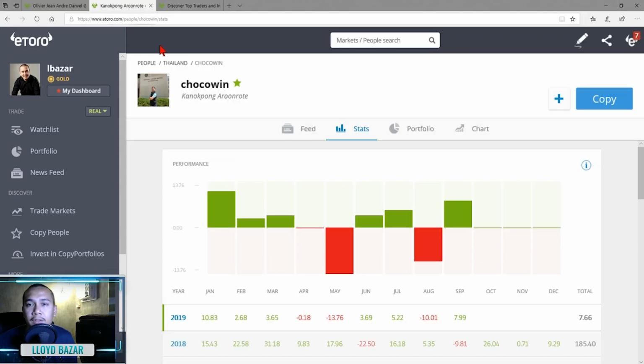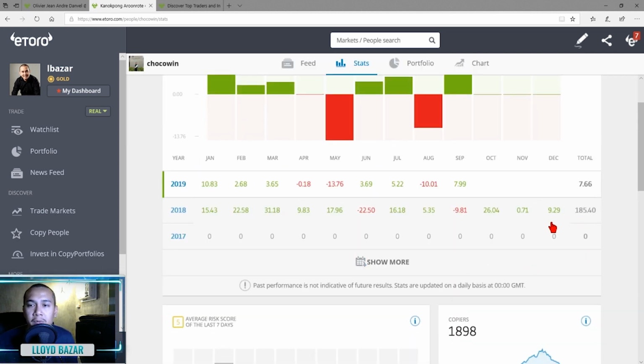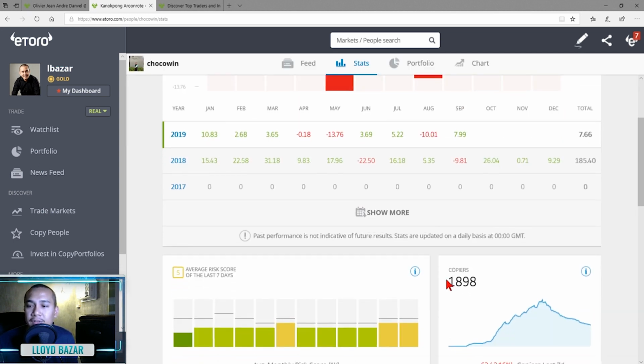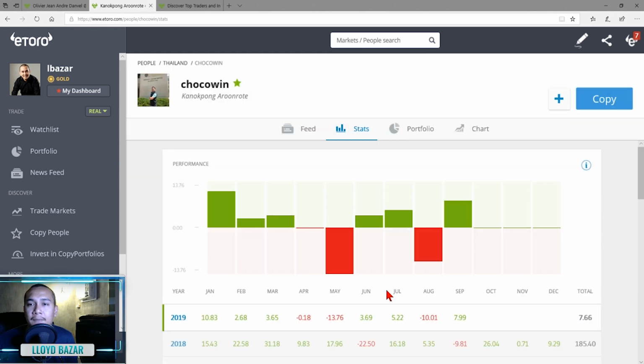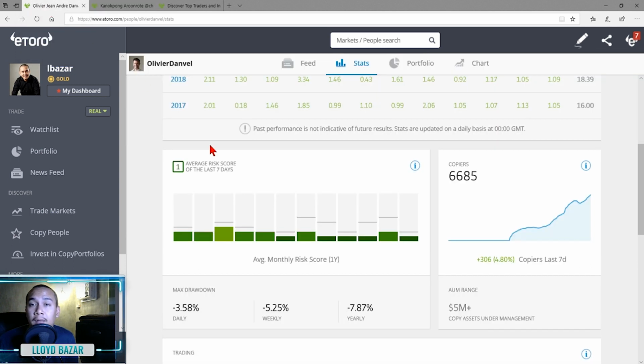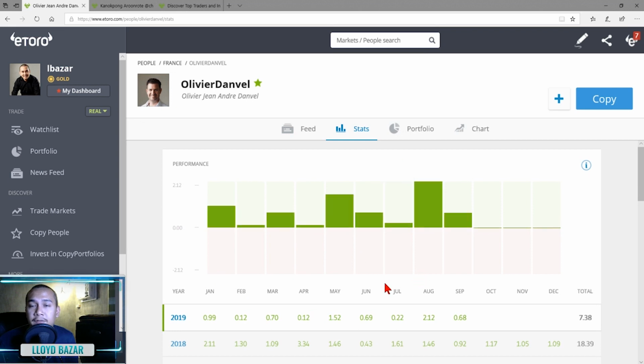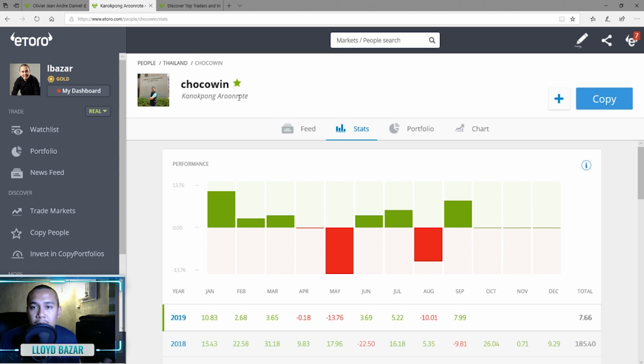For example, you like the possible wins with Joko Win, but you also have to consider the risks you are exposing yourself to, 19%. And to lower that, just to hedge that, try to divide your funds into 2 persons or 3. So you can divide the $1,000: 500 goes to Olivier Danville, and 500 goes to Joko Win. Okay, so that's how you diversify.